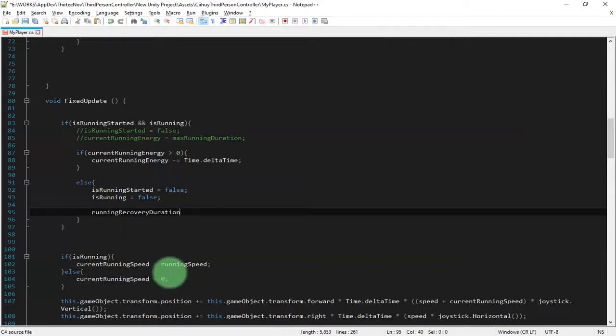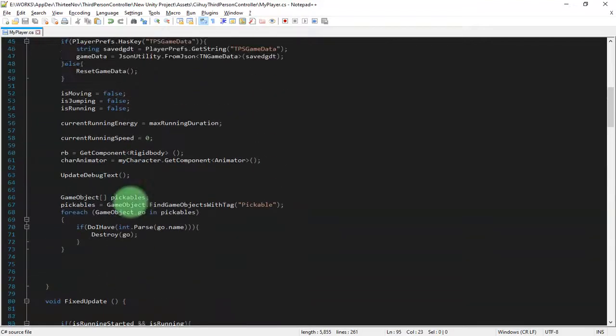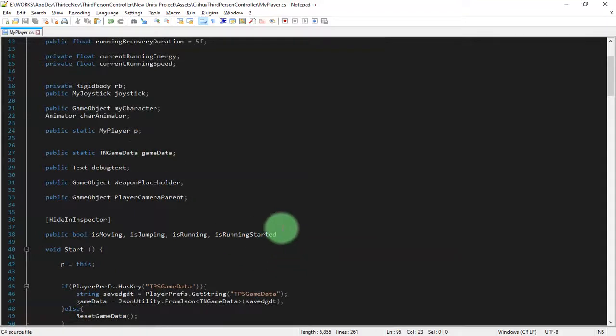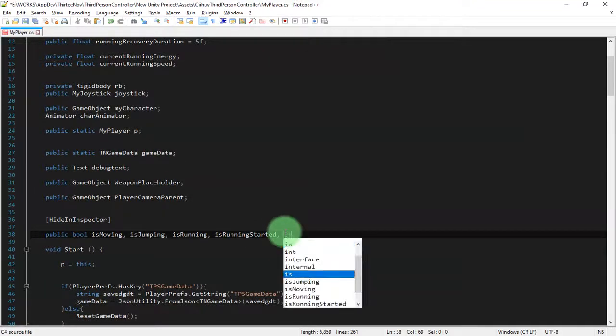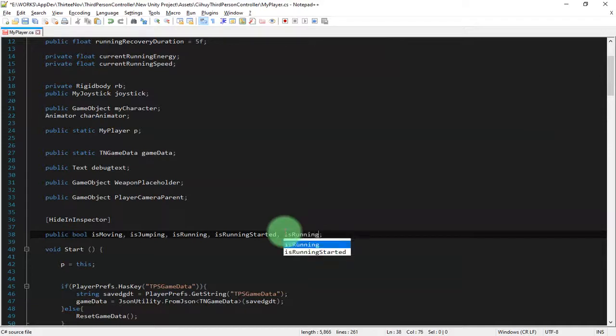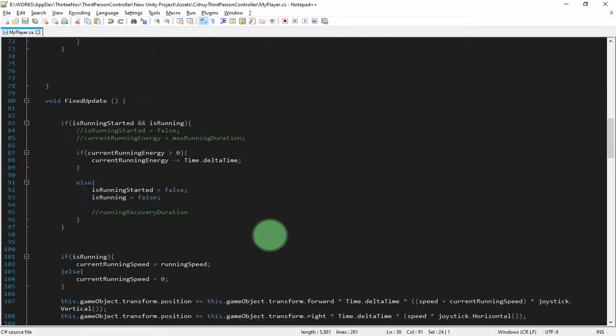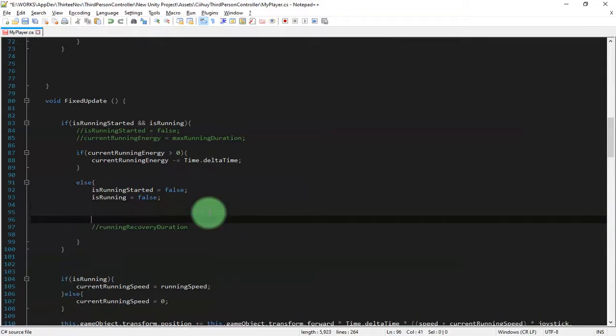To do so, let me comment it first. I would need to create another variable again, which is isRunningRecoveryStarted. So getting more complicated, right? By default, its value is false. So I will set its value here, isRunningRecoveryStarted, to true.